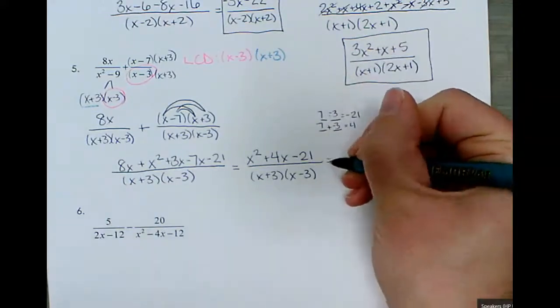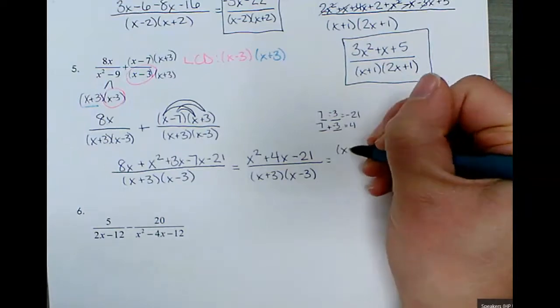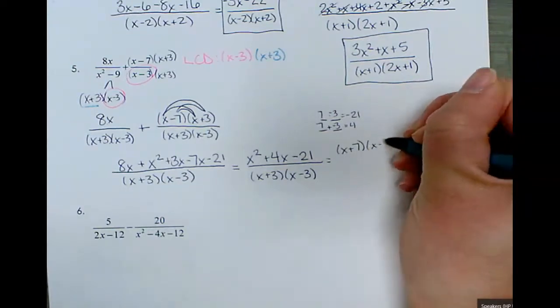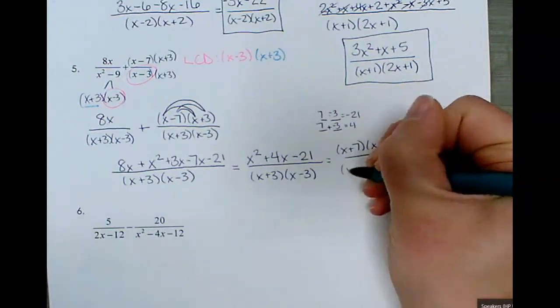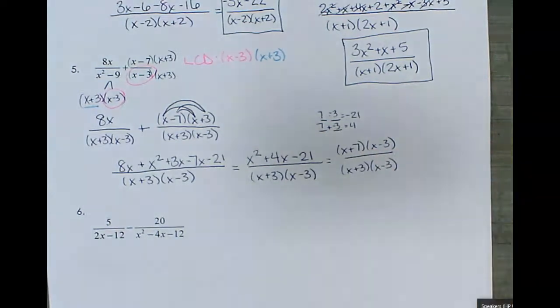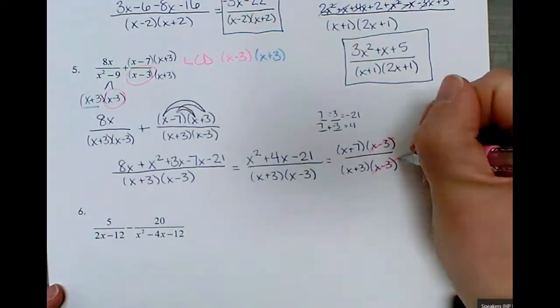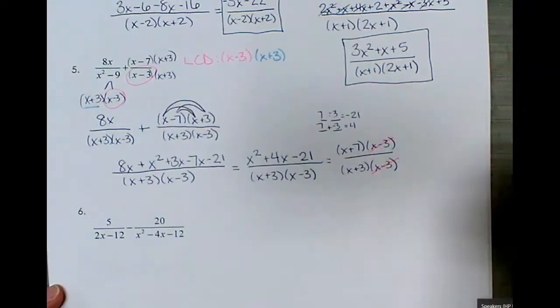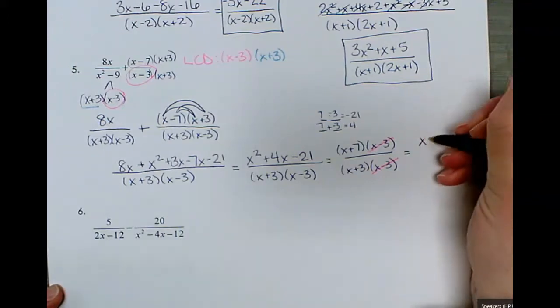So I can break the numerator into the factors of x plus 7 and x minus 3. And what do you notice about the numerator and the denominator? They have a common factor, which we learned yesterday when simplifying and dividing rational expressions, that you can cancel out common factors. So my final answer here is x plus